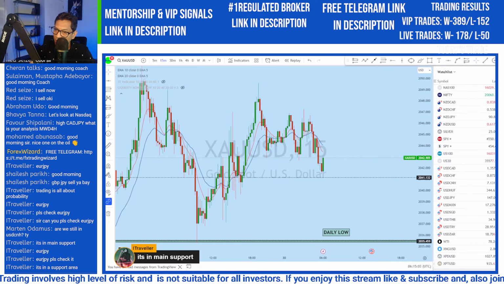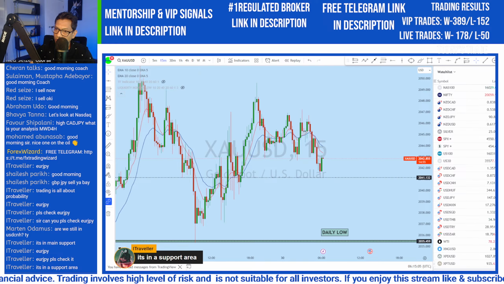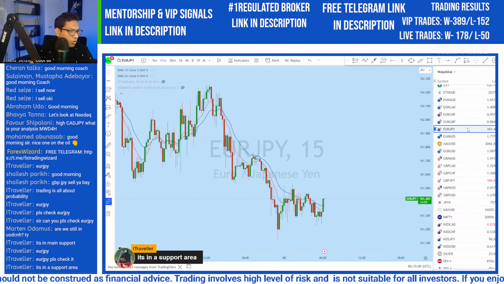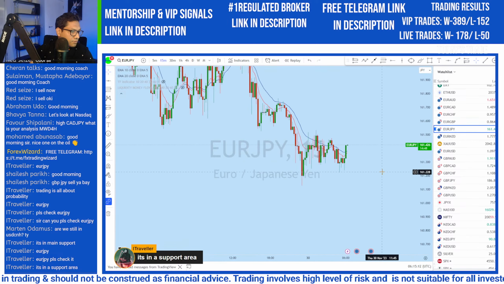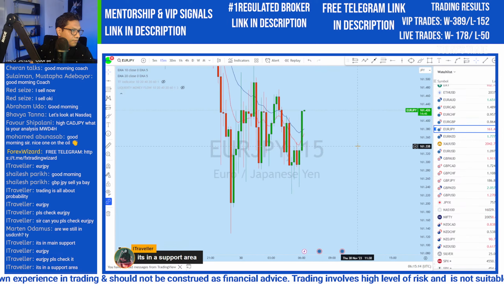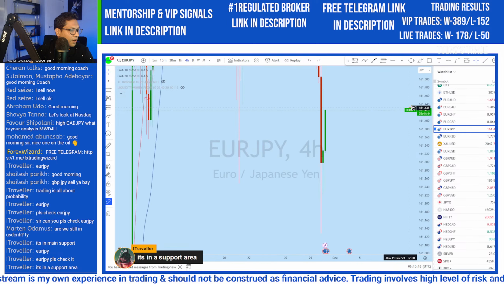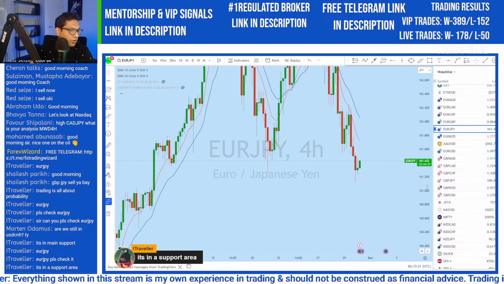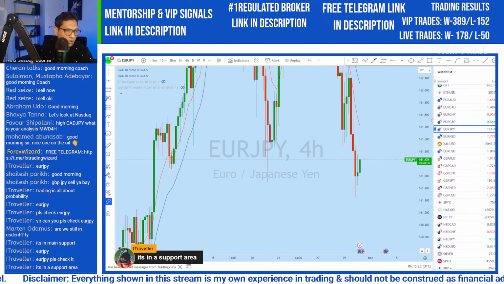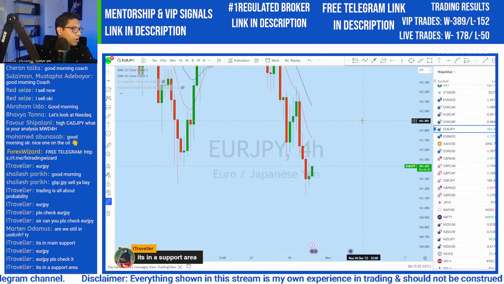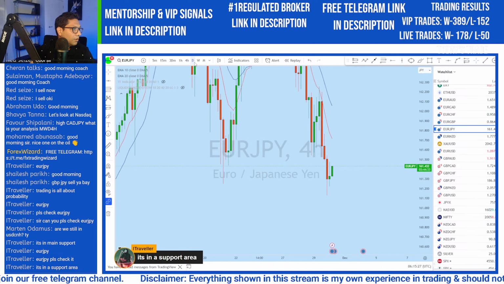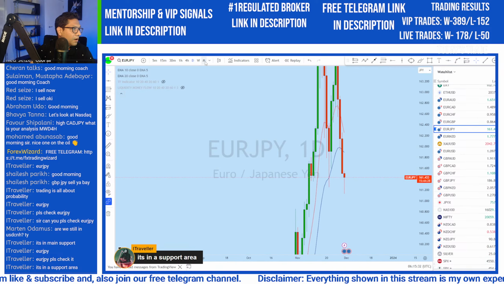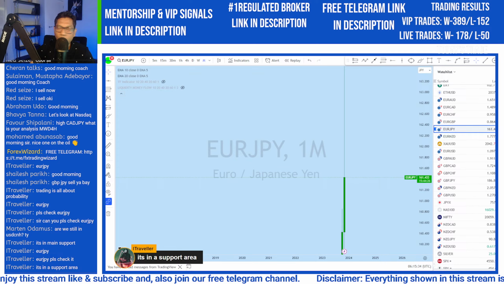It's the main support on Eurojpy. So quite a few asked about Eurojpy. Eurojpy, like the GJ. Let's see here from the intraday on Eurojpy. If we look at here, this is the higher time frame on Eurojpy.